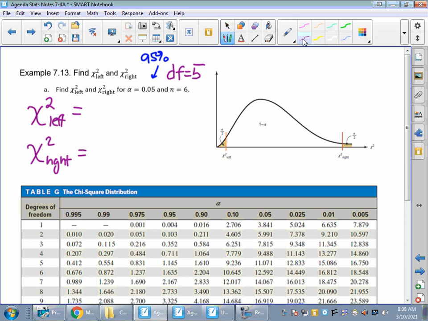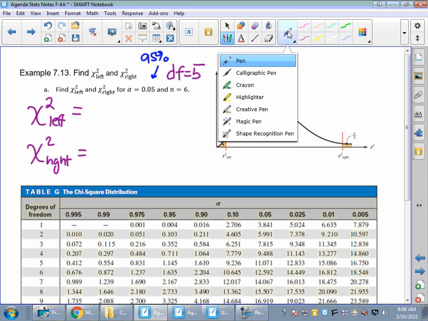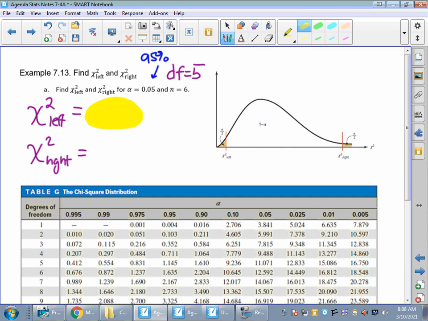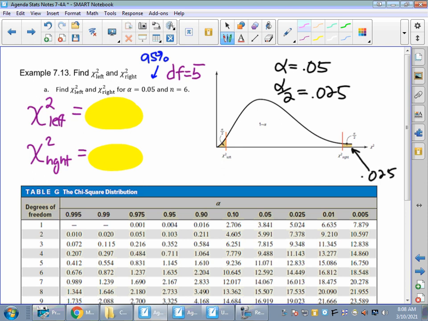So I do a little bit of side math. This is where I'm going to put my answers for my chi-square left and right, but I need to know what I'm looking up in my table G. So alpha is equal to 0.05. So alpha over 2 is equal to 0.025. So when I go to table G, I'm going to look up 0.025 for my right. And then I'm going to do 1 minus the 0.025, or I'm going to look up a 0.975 for my